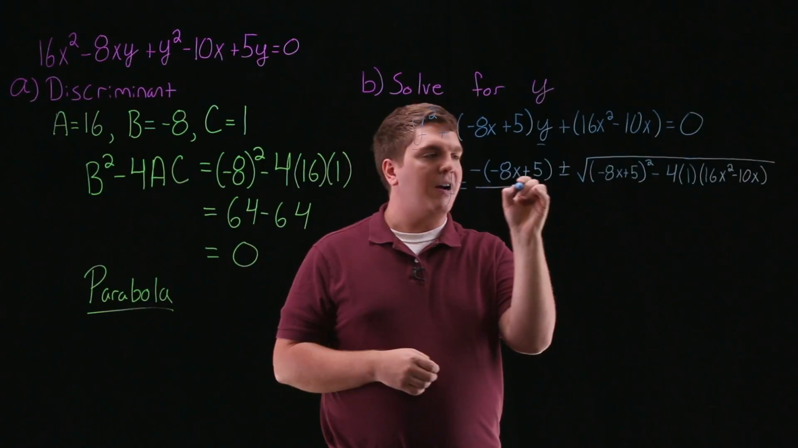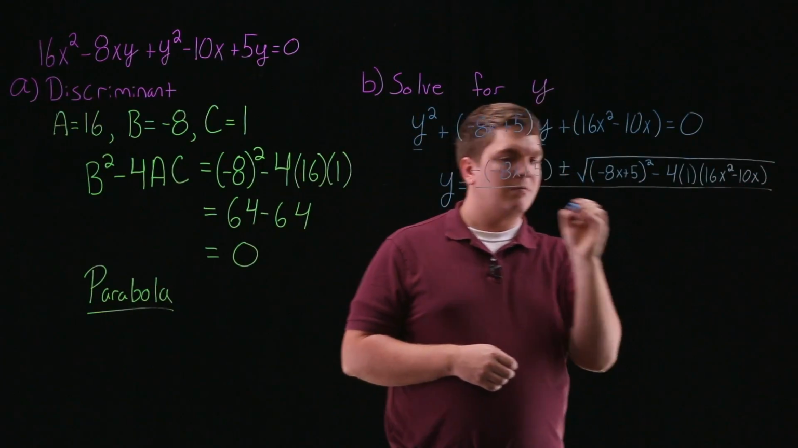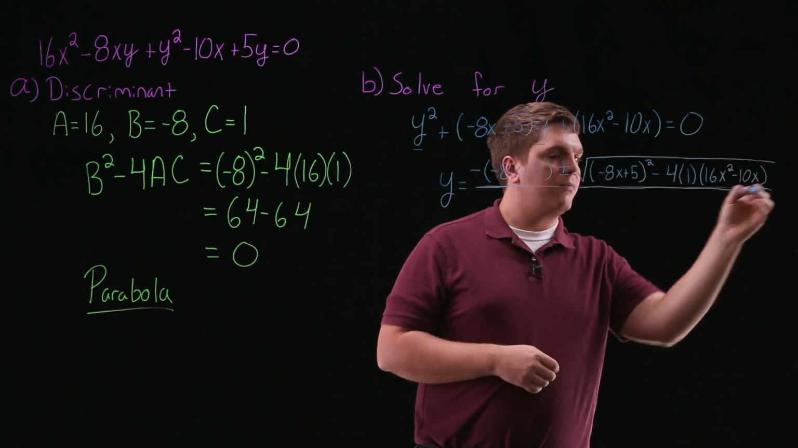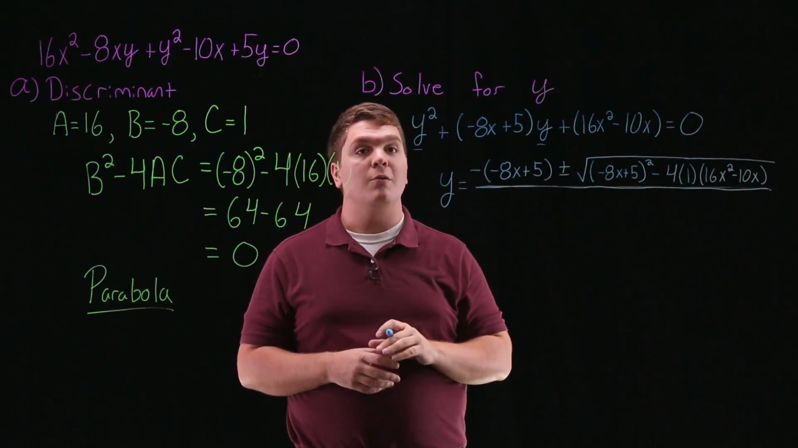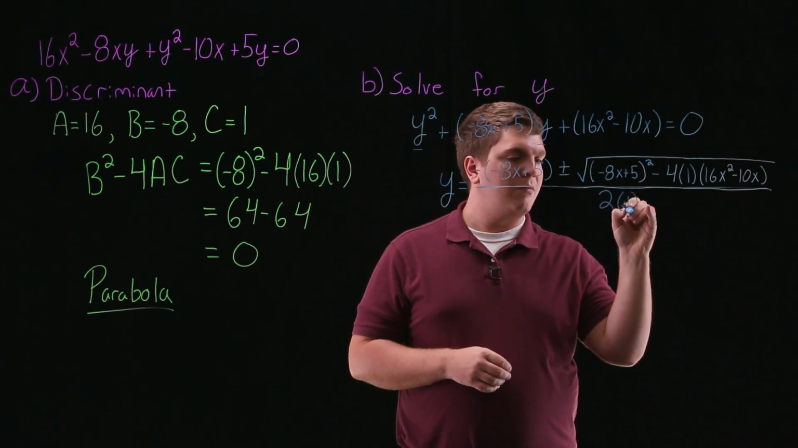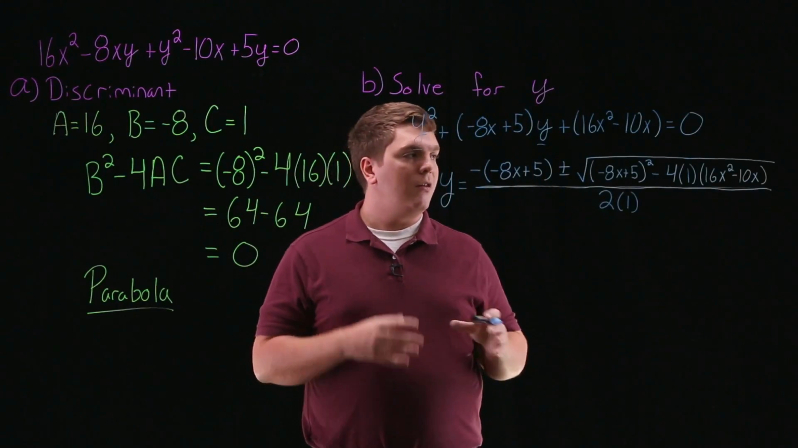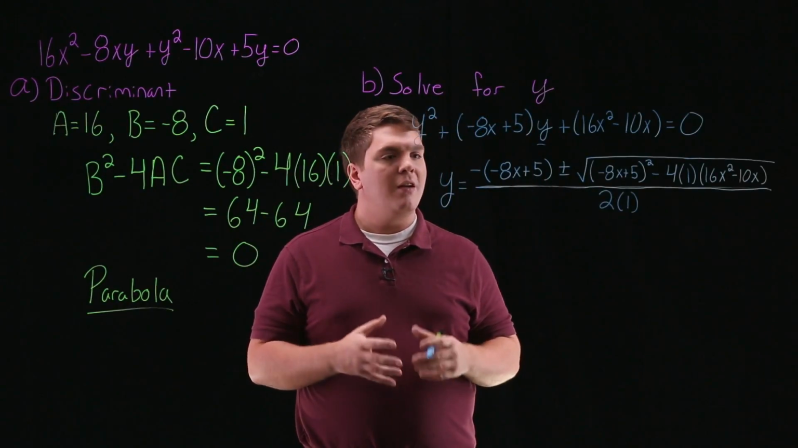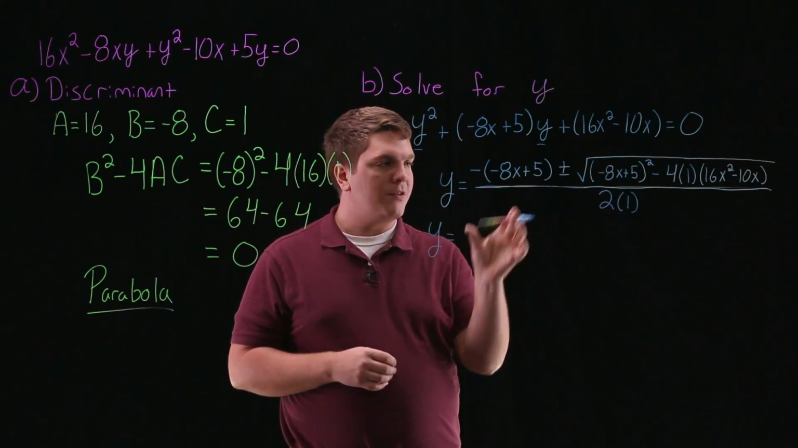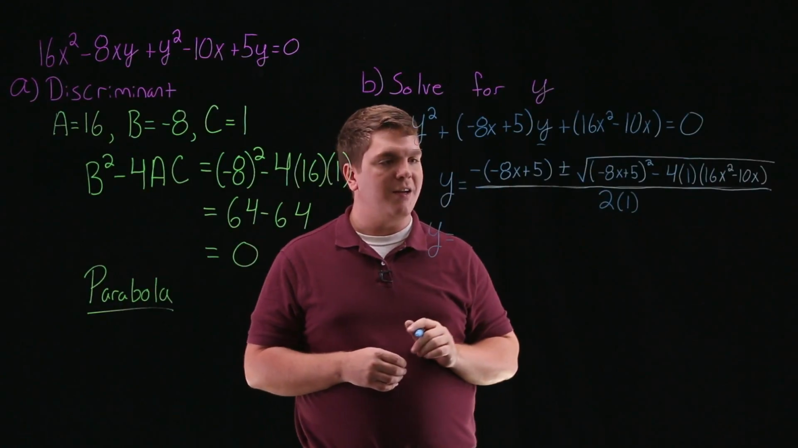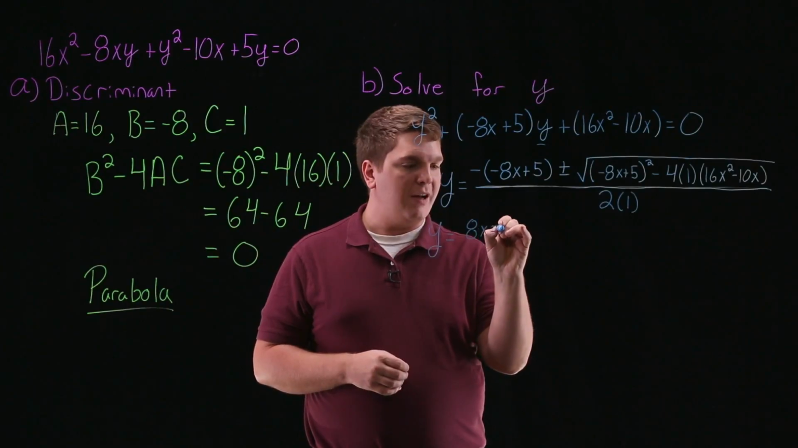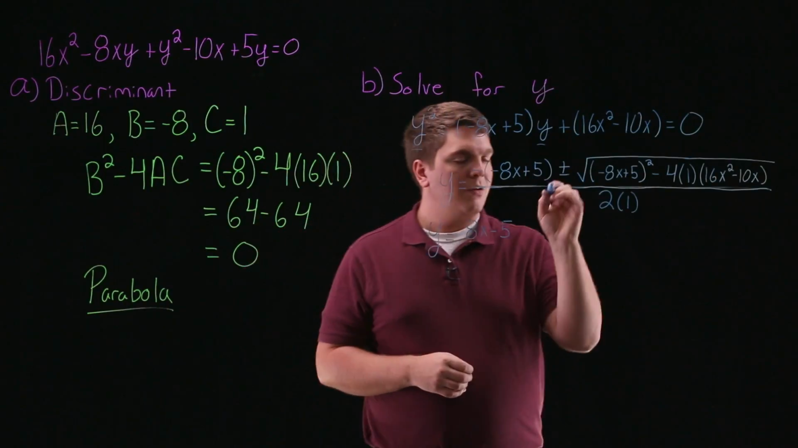And this is all going to be divided by 2 times our coefficient a, which in this case is 1. So here, we can work with simplifying this a little bit. Let's try to take it a couple steps and see where we get to. So first, we can go ahead and distribute this minus sign. So we'll have y is equal to 8x minus 5 plus or minus